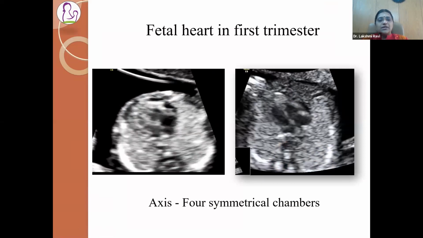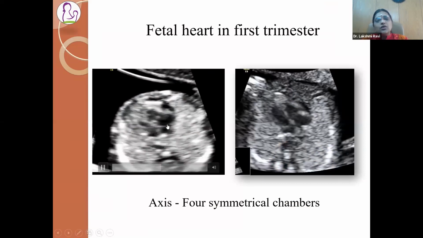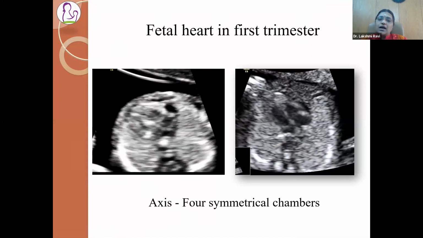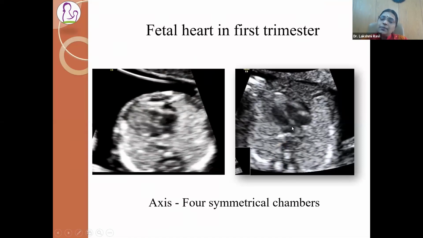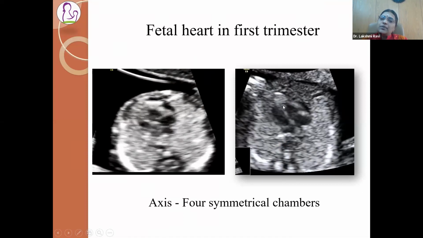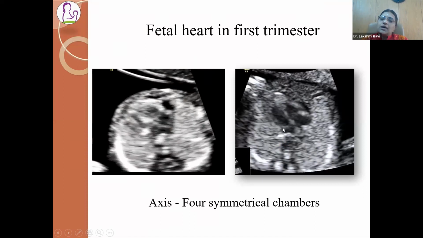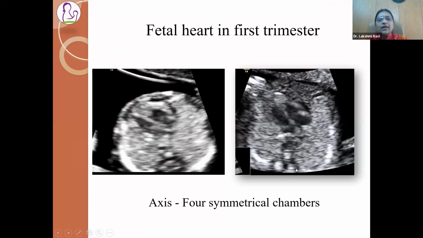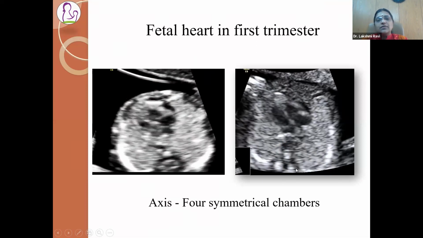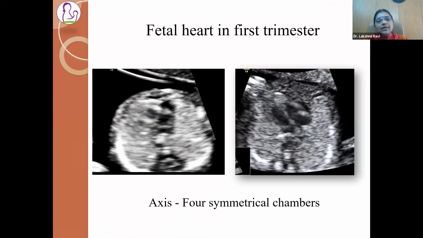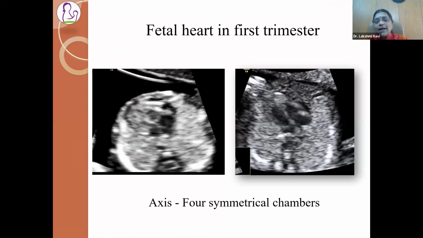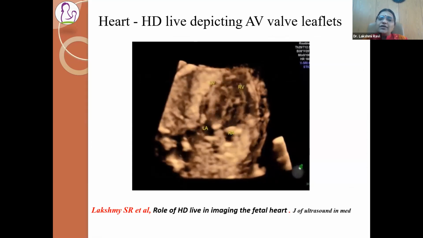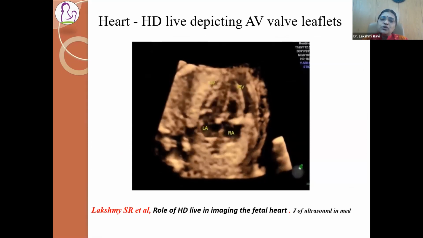And in the first trimester, it's a small heart, so it's obviously very difficult to evaluate the first trimester heart, but you will still be able to see the four chambers, the interventricular septum, the two valves. You can clearly see, especially when the gestational age of the fetus is from 13 weeks, you can see nicely the heart as you see in the mid trimester. Only thing is you have to magnify a little and use a transvaginal approach.